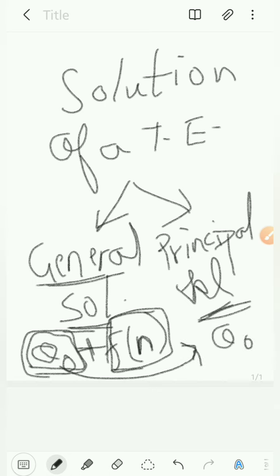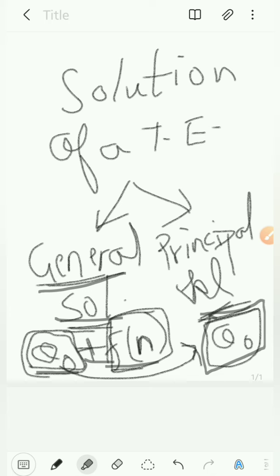We all know that all the trigonometric functions will have a range. Sin theta will have a range, cos theta will have a range, tan theta will have a range. In that range, the principal solution will lie. So what is a general solution? A general solution is in the form of theta naught plus f of n, and principal solution is theta naught. When we solve the equations, it will be very clear. I am going to solve exercise questions in this video only, so continue watching.